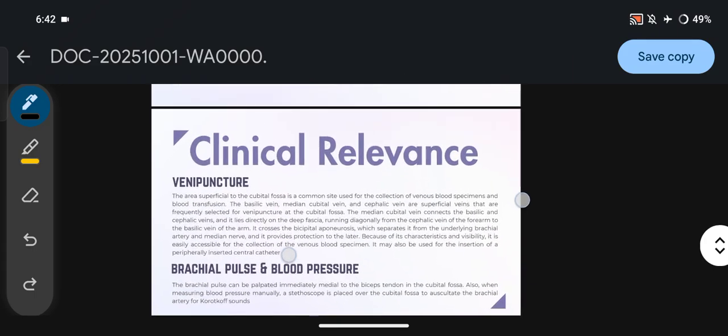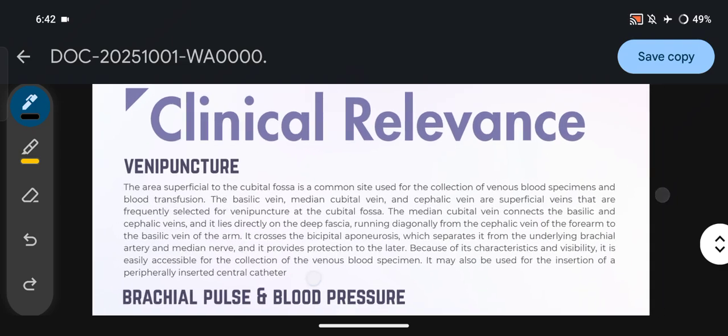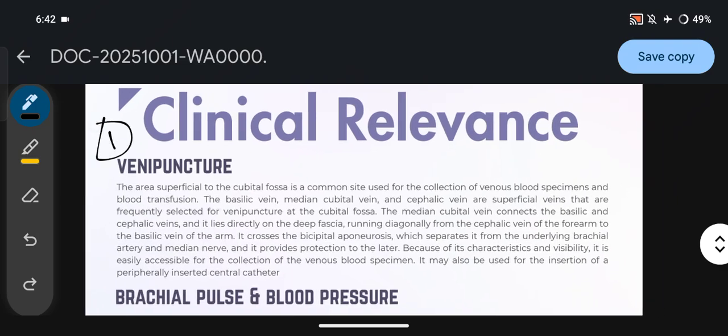Now the clinical relevance. First one is venipuncture. The area superficial to the cubital fossa is a common site used for the collection of venous blood specimens and blood transfusion. The basilic vein, median cubital vein, and cephalic vein are superficial veins that are frequently selected for venipuncture